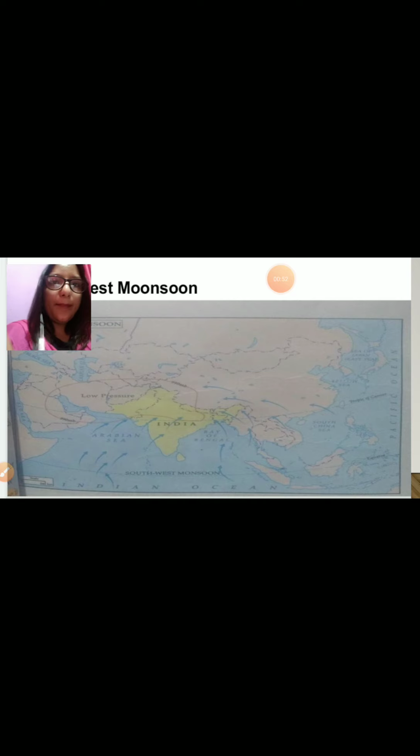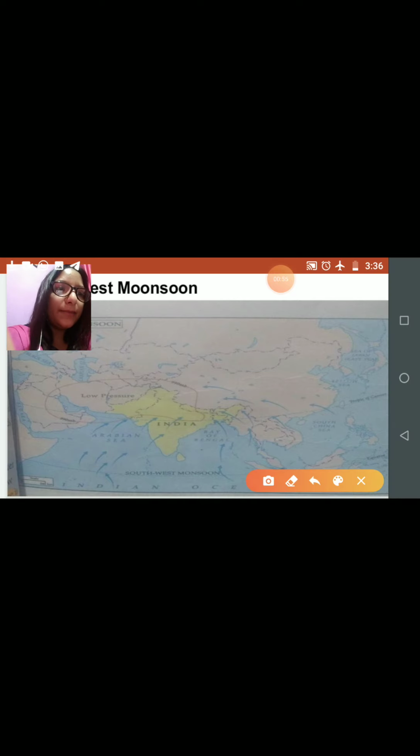Okay, see here in the map, in the summer, the sun shines directly above the Tropic of Cancer. In the previous video I said that in Asia, three important lines of latitude pass through: the Tropic of Cancer, the Equator, and the Arctic Circle. That is why most of the heat zones lie in Asia.